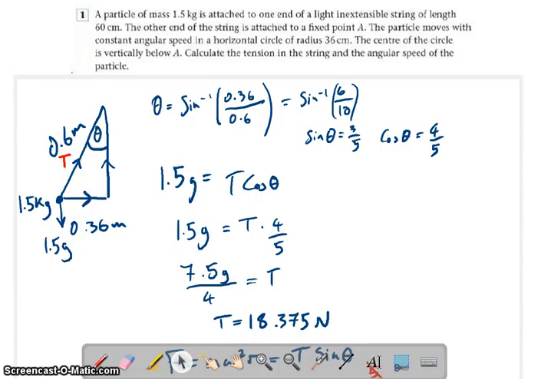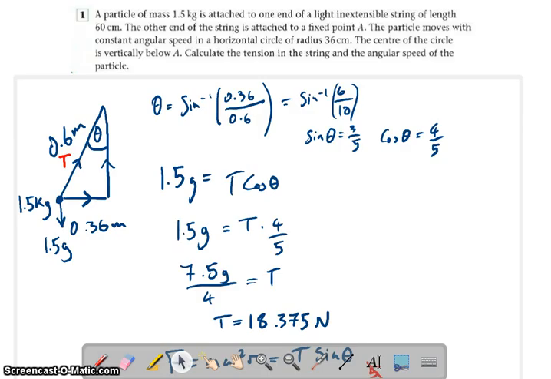This is section 4.3 of the M3 Mechanics course, and it's looking at centripetal forces and applying circular motion to simple 3D situations. So I'm going to start off with a basic example and then go through some slightly more complicated examples. We start off with a particle of mass 1.5 kilograms attached to a light inextensible string, and it's